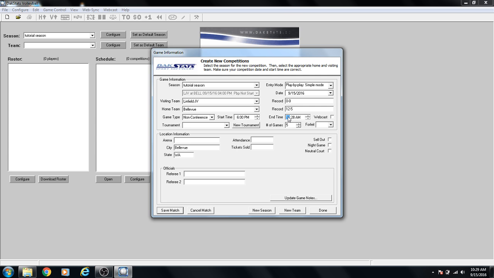I usually just put in 2 hours after the match started. That way I'm usually safe, even in a 5-set match. And then play-by-play mode, simple play-by-play mode. You'll have the other 3 modes here, but you'll select play-by-play mode if you're live statting this game, which you